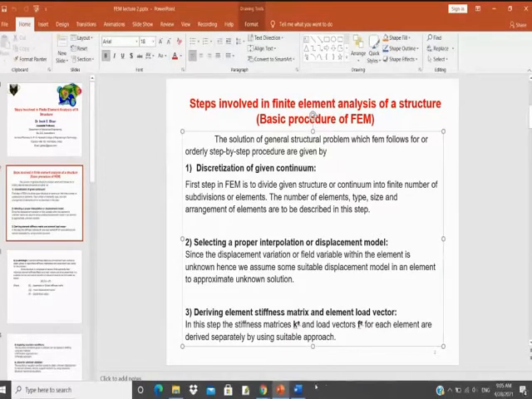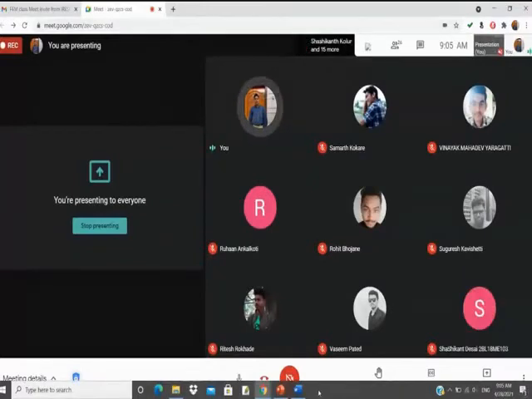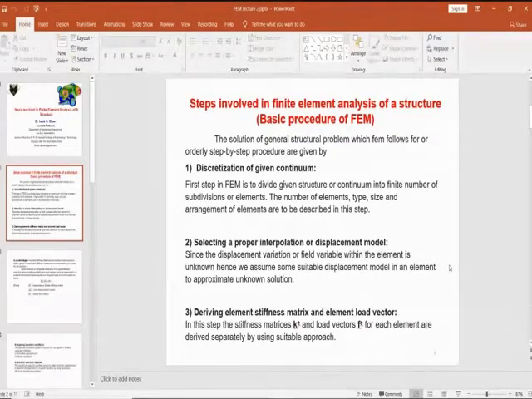So when you are doing a structural analysis, what is the problem? In structural analysis, the main problem is that we have to find the displacement or deflection. For example, suppose you want to do a finite element analysis of a beam. What you are finding in the beam? Deflection of the beam, no? Deflection is nothing but displacement of the points on the beam. So here, when you want to carry out the structural analysis, the main variable is displacement. The main field variable is displacement.